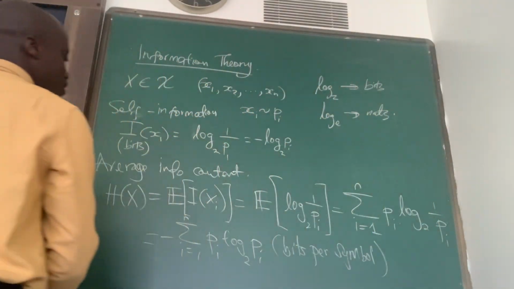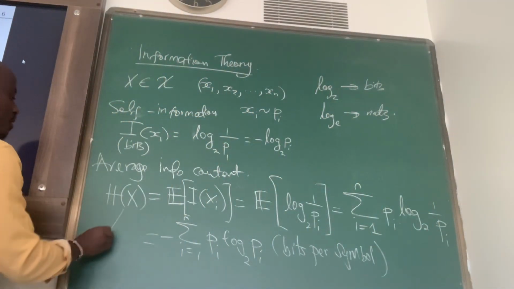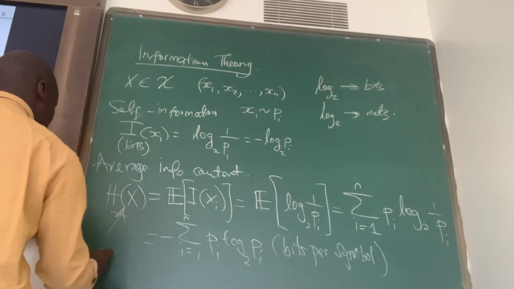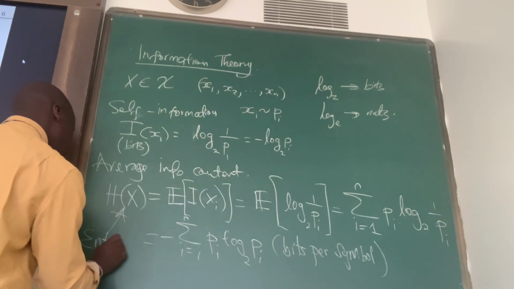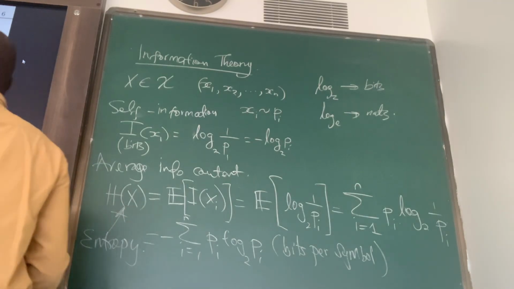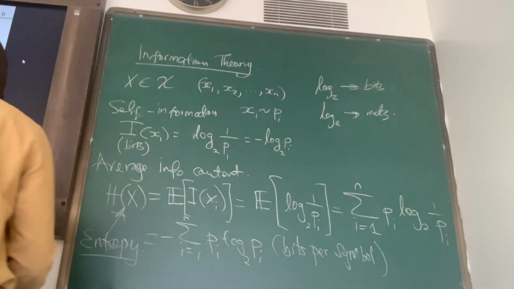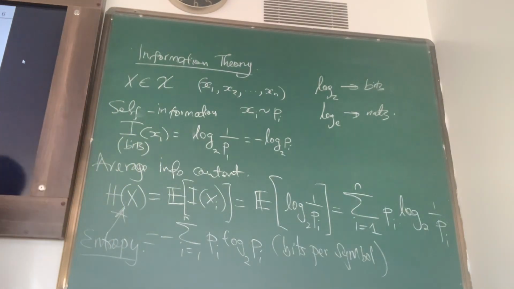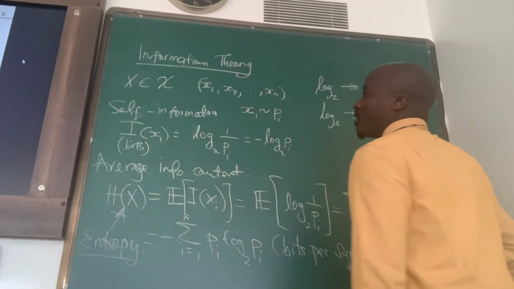So this quantity here is called entropy. That quantity there is called entropy. So you need to take note of that. And it's a measure of the average surprise or average uncertainty of the outcome. And in this case now, if you get an example,